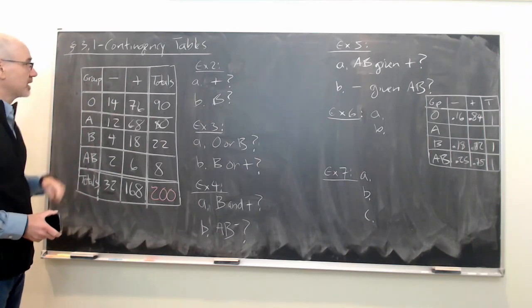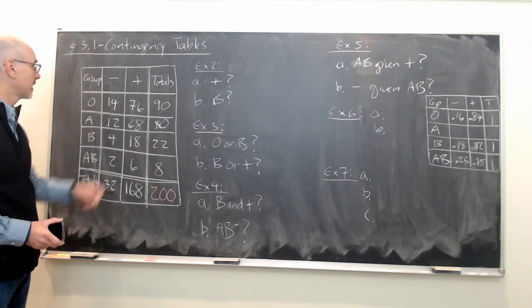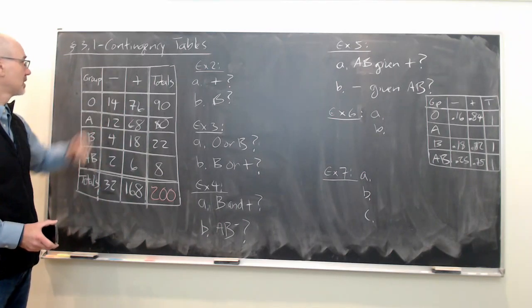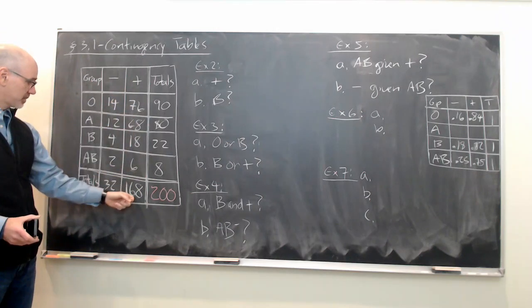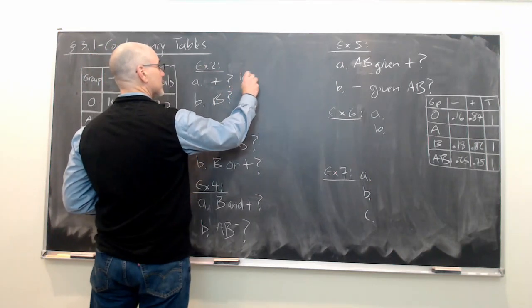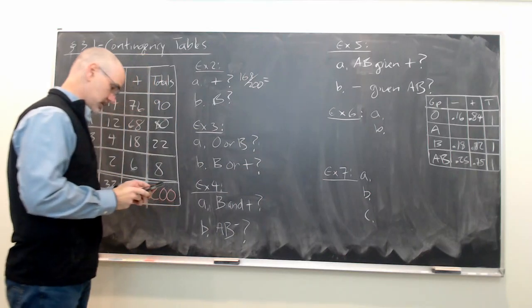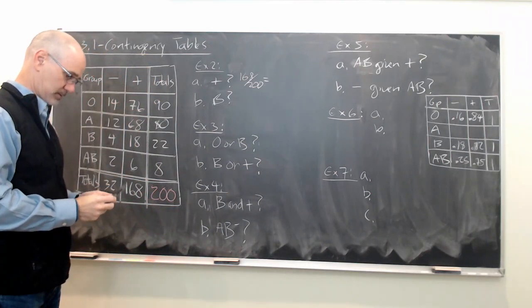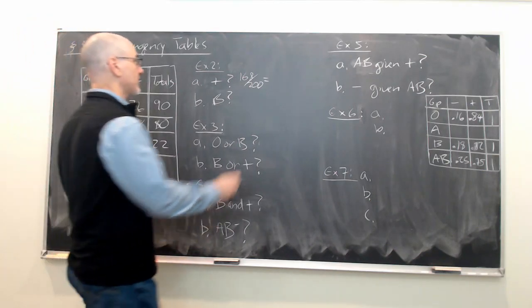The first question is to find the percent or proportion of folks that are positive, of all blood types. So we take a look at the total number of folks that are positive, 168. The proportion of those would be 168 divided by 200. So I'll get my calculator to do that. That's 0.84,